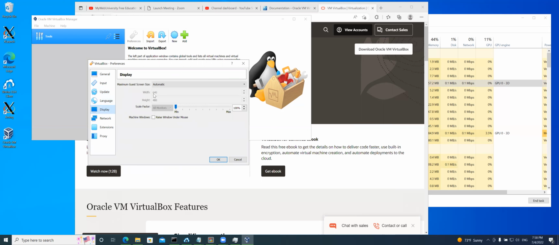The display right now, I'm just using the current display. The network is just connected to the Ethernet, and then extension, if I want to add any extension, and proxy, I'm not using it. So let me just